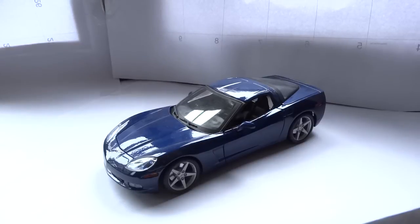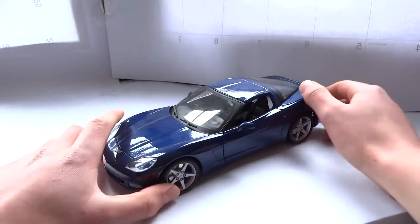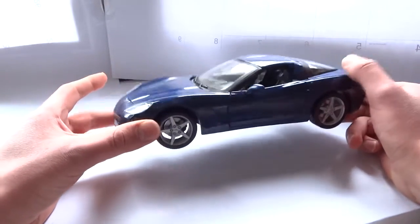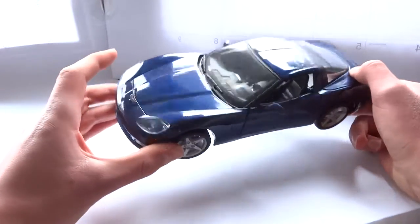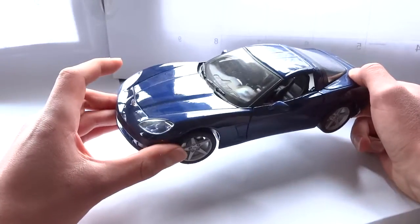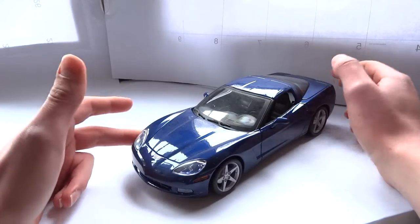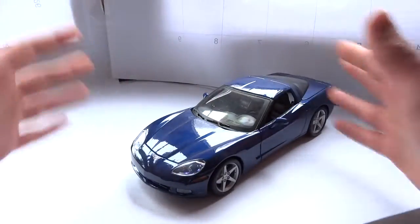Now granted, the model doesn't have an issue with snow, but the actual car does, considering that it's rear-wheel drive and has absolutely no weight on the rear. These things are absolutely impossible in this type of weather. But anyway, besides that little bit of detail, I'm going to get started on the details and review of this